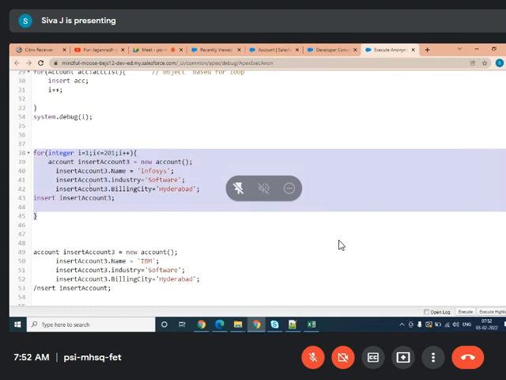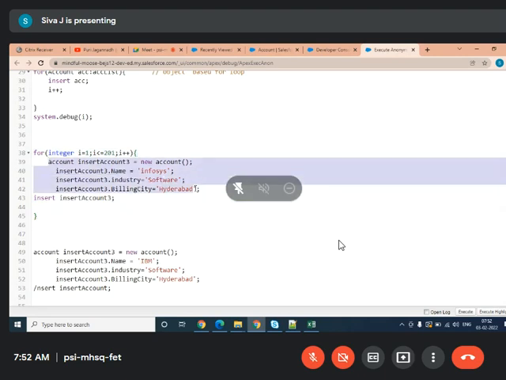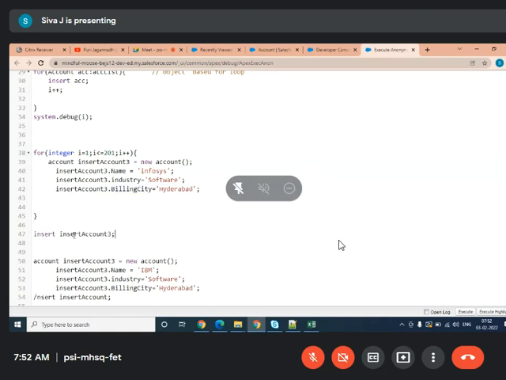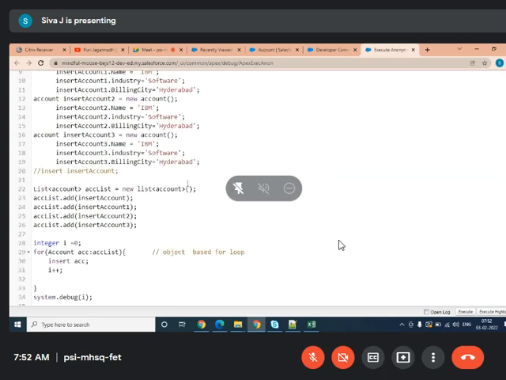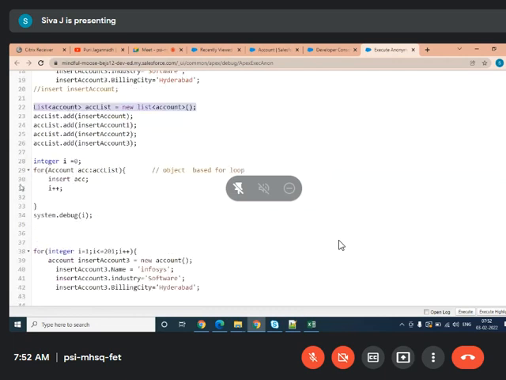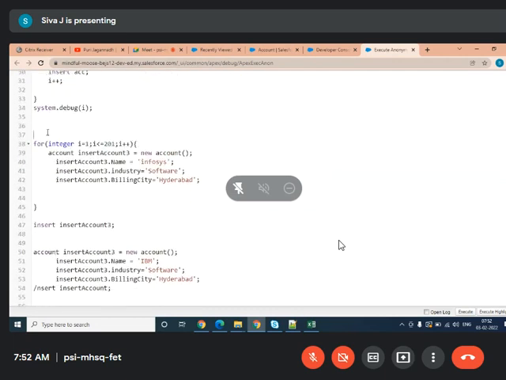If you want to perform an insert operation inside the for loop, you can create only 100 records at a time. But if you want to insert more records, you should write this operation outside the for loop. How to write outside the for loop? You ideally create a list, or a set. This list should be declared outside of the for loop,